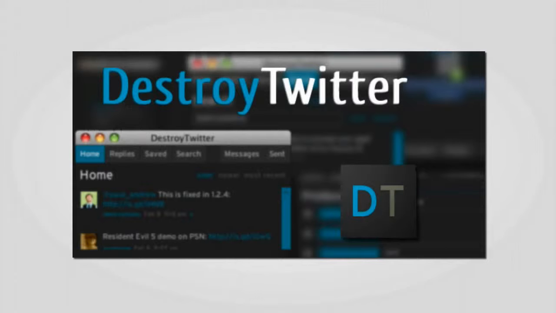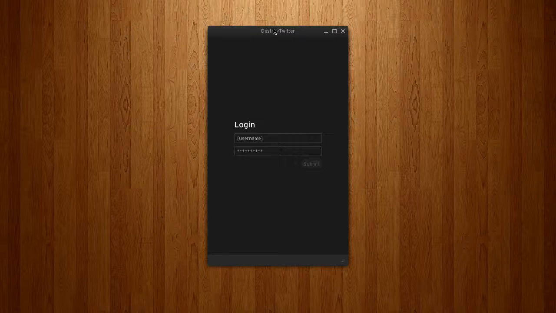Today we're going to be taking a look at an Adobe Air cross-platform Twitter client called Destroy Twitter. Now right off the bat you'll probably think, just like me, that the name of the application is actually quite a bit counterintuitive considering the fact that it's a Twitter client. But I'm sure once you see it in action you'll forgive its name and actually take this seriously as a